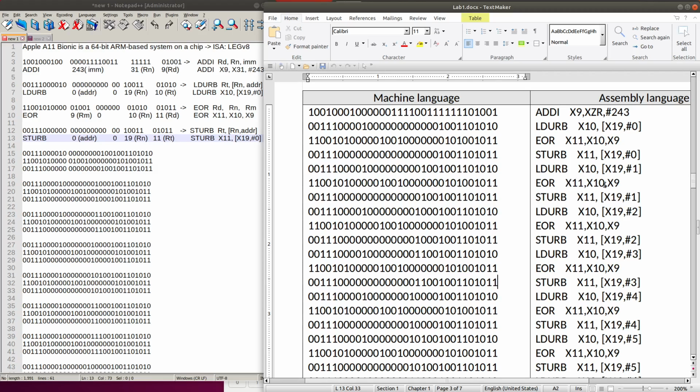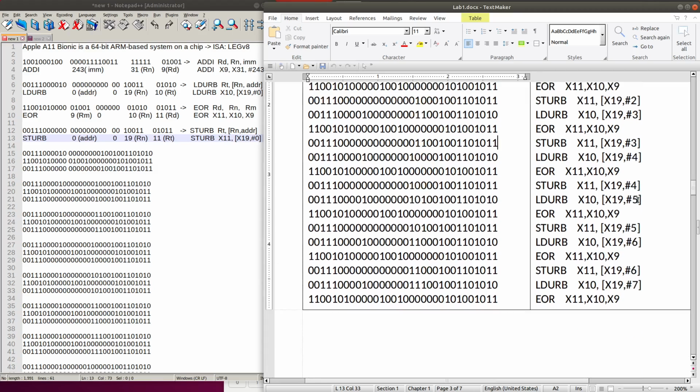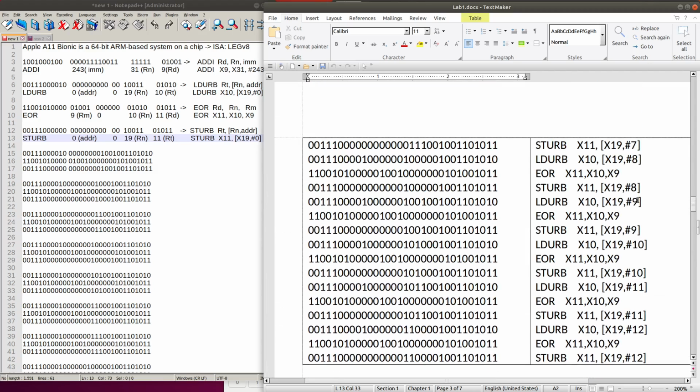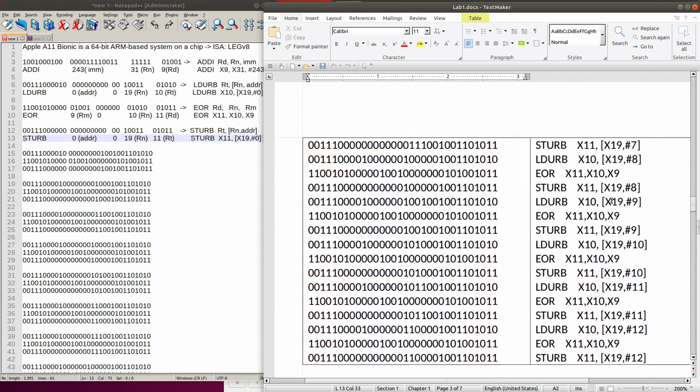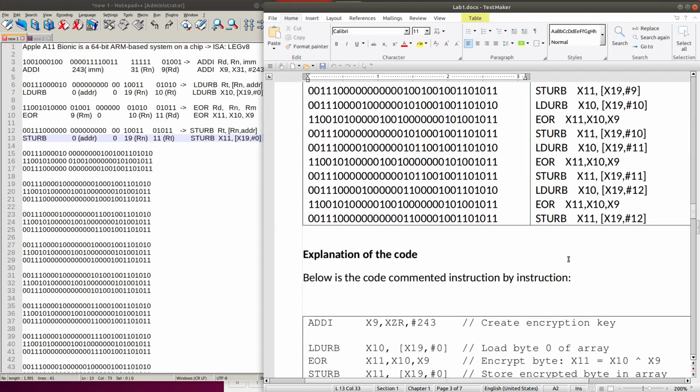Finally, that value will be stored back into the memory at offset address 1, and similarly all the values in memory from offset address 1 to offset address 12 will be loaded into a register, exclusive ORed with 243, and then stored back.